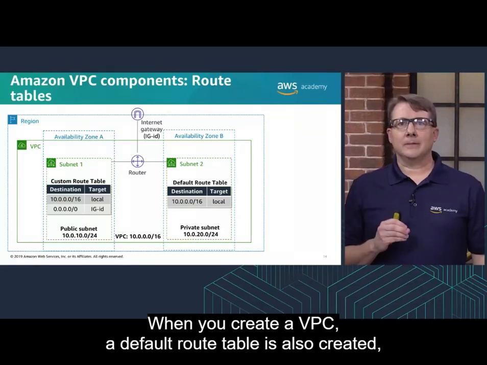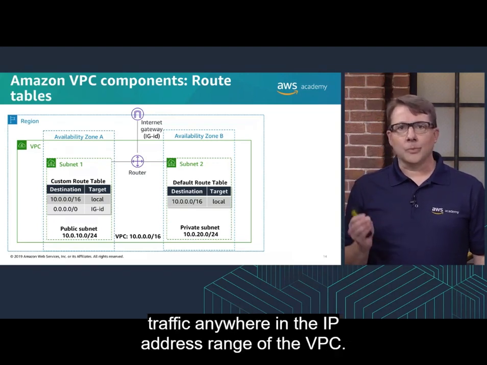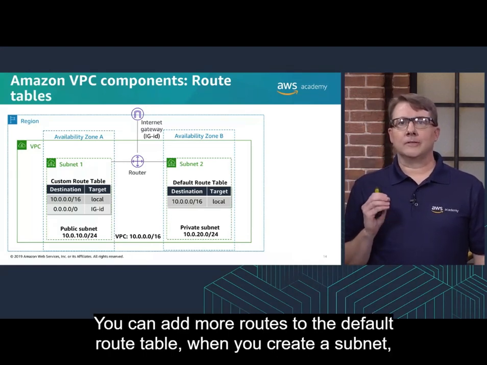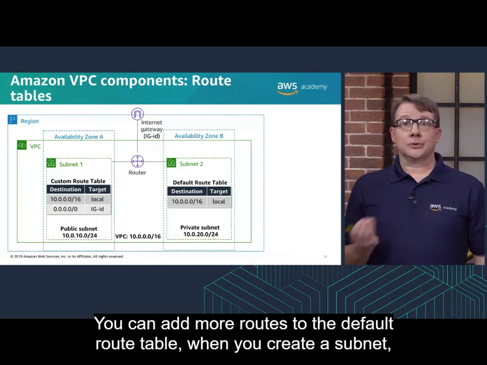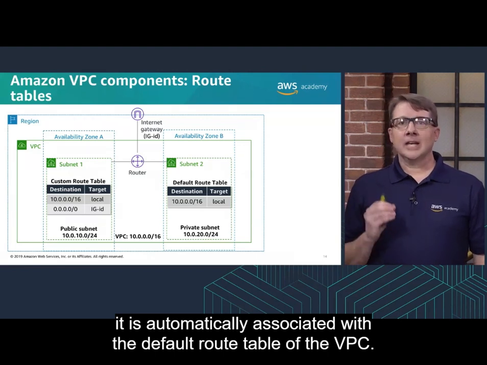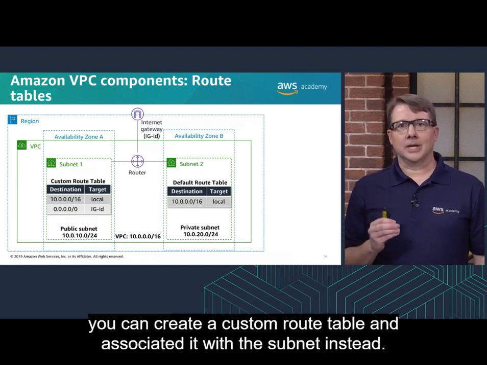When you create a VPC, a default route table is also created. The default route table has a rule that routes local traffic anywhere in the IP address range of the VPC. You can add more routes to the default route table. When you create a subnet, it is automatically associated with the default route table of the VPC. If you do not want to use this route table, you can create a custom route table and associate it